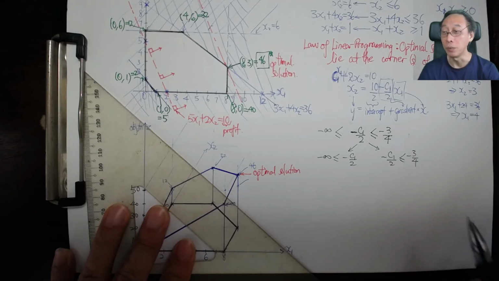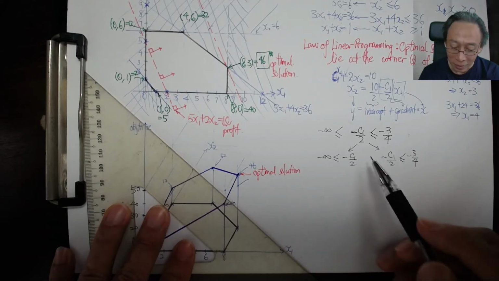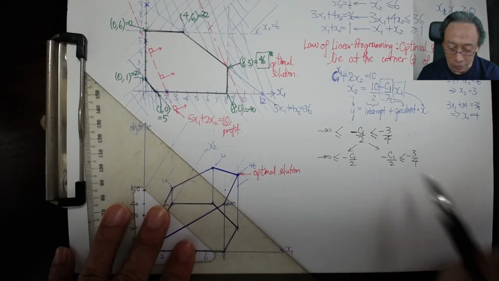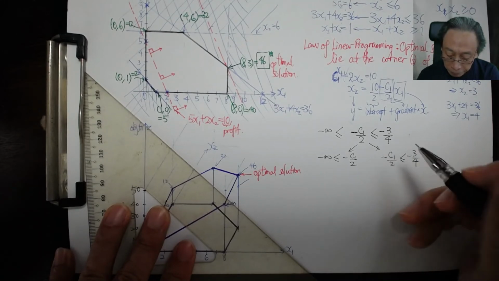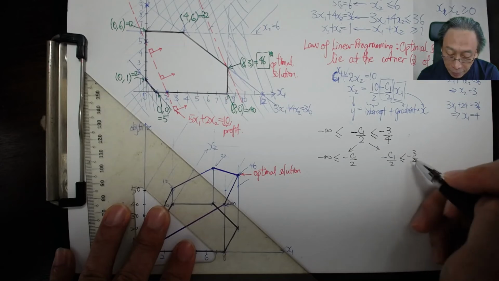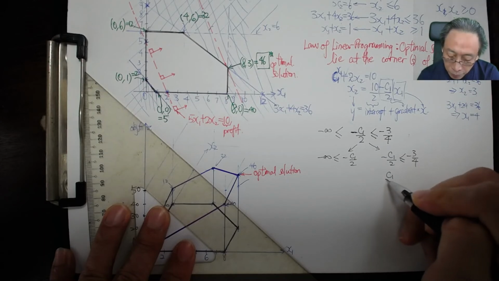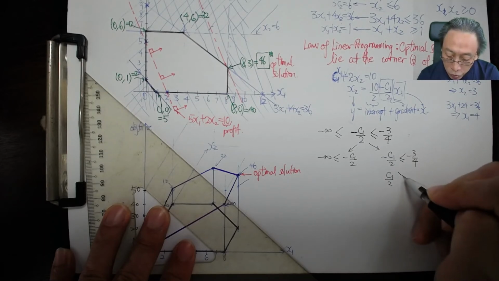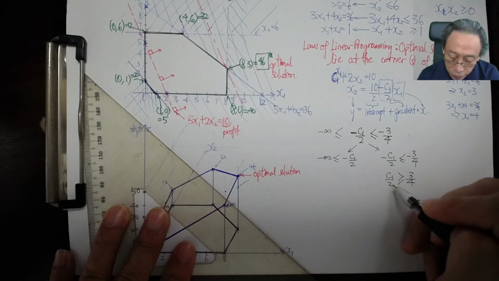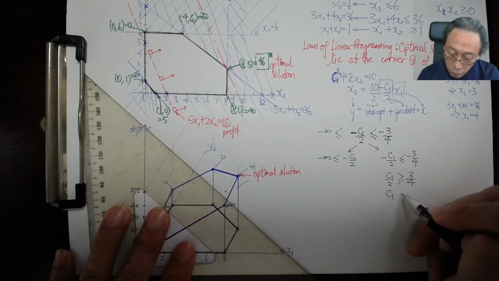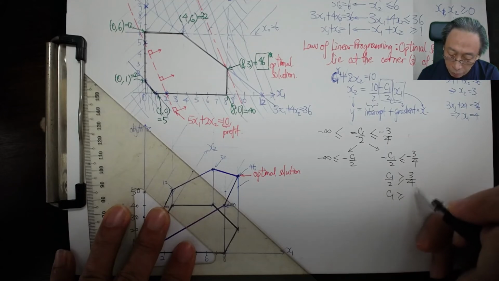So first thing first, we want to handle divide and conquer. This is too complicated. We split it. Right. When we split it, let's do the easier one. Multiply by minus 1. We need to change sign. Okay. And then if we just get rid of the 2 by multiplying by 2, we get